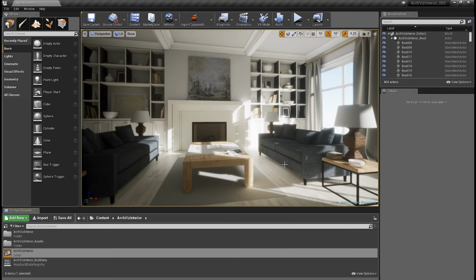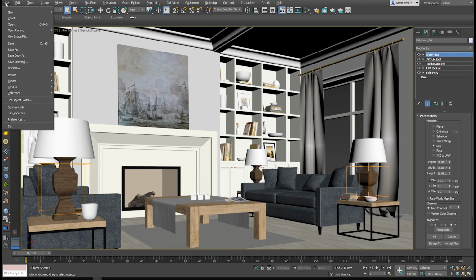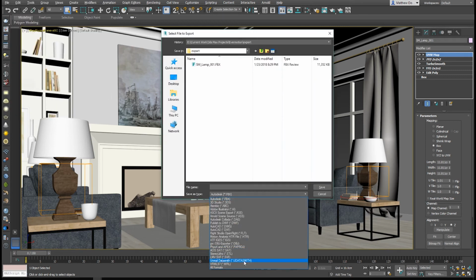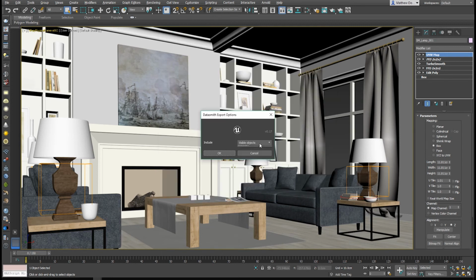With Datasmith, all of this is done for us. So if I go ahead and give you a quick sneak peek of the Datasmith exporter here, if we go to File, Export again, and in this case, we're going to choose the Unreal Datasmith format here, Viz Interior. So here we could obviously choose just the selection or visible objects, and that's it. Those are our options. So when we hit OK, it's just going to send out whatever size it was, but Datasmith does a great job of interpreting all the data so that it comes out in Unreal the way